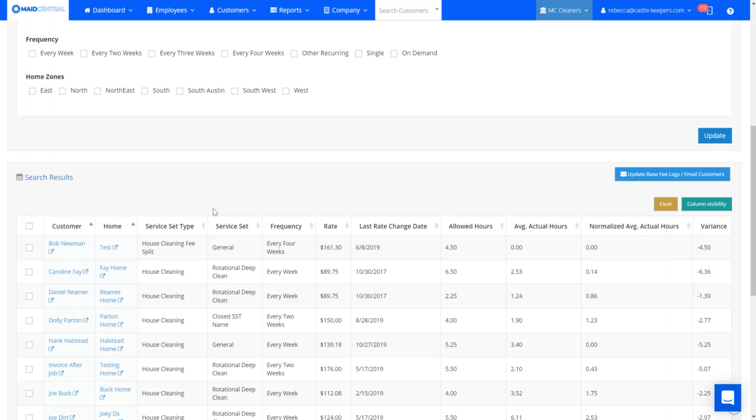So just looking across here, you can see it starts off with customer name, the home name, the service set type, the service set name, the frequency, the current base fee log, which is their rate, the last time they had a rate increase that changed their bill rate, the current allowed hours that are assigned to the job,